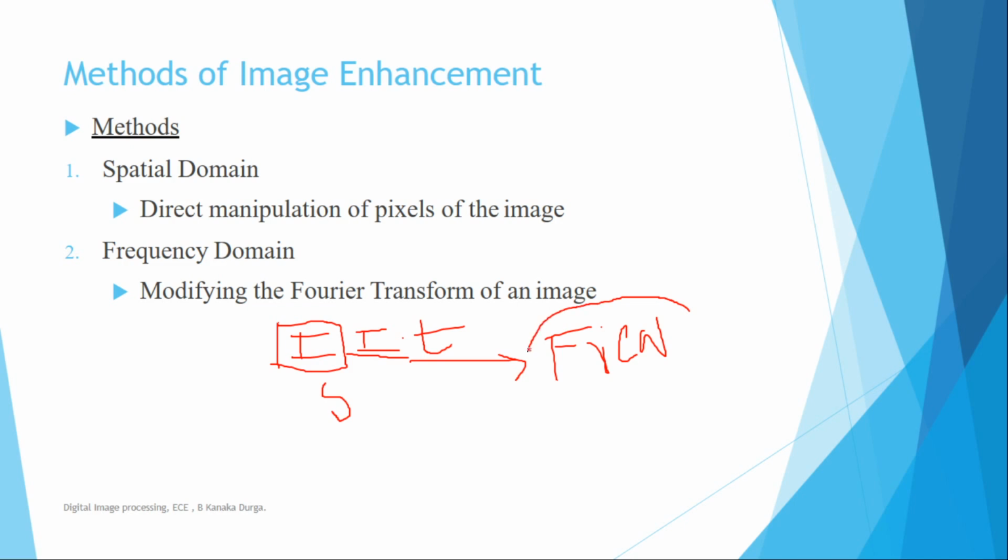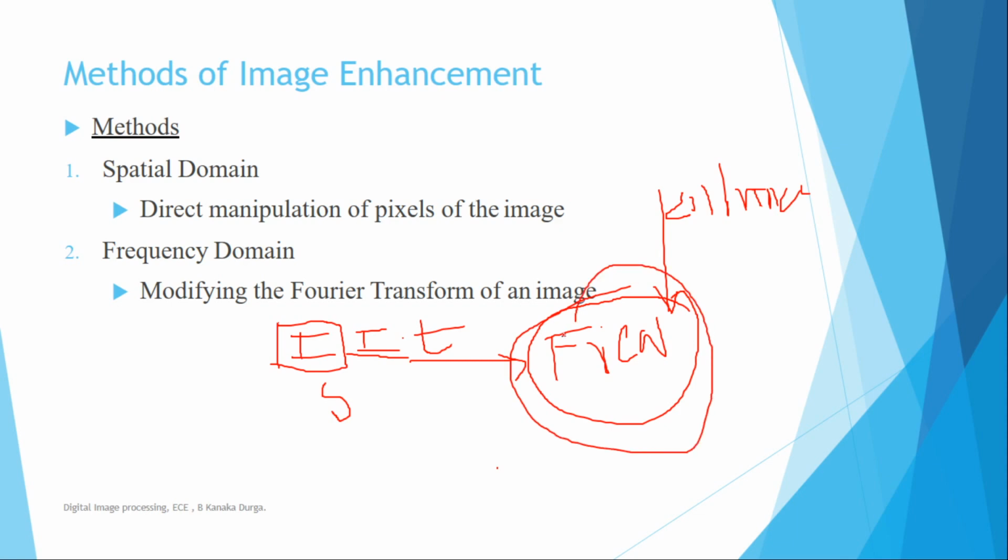Whatever enhancement techniques I want to apply, I have to apply on this image, in this domain only. That type of enhancement technique we call a frequency domain enhancement technique.